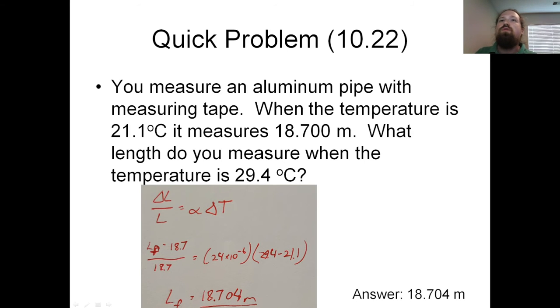So for aluminum, increasing in temperature by about 8 Celsius, there's not going to be a very noticeable difference, admittedly. However, this small increase does get more dramatic at higher temperatures, and it gets more dramatic if the object is longer. If we look at the formula itself again real quick,